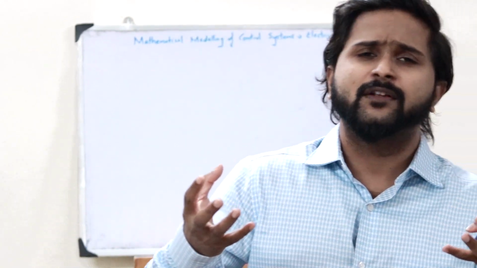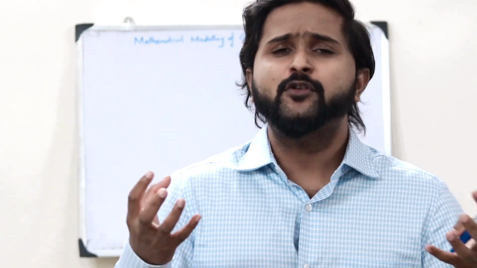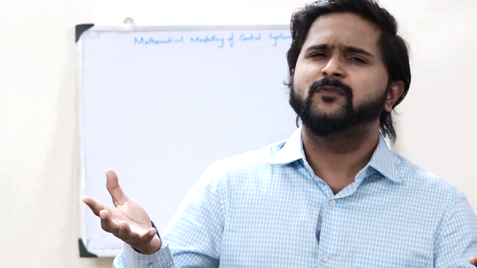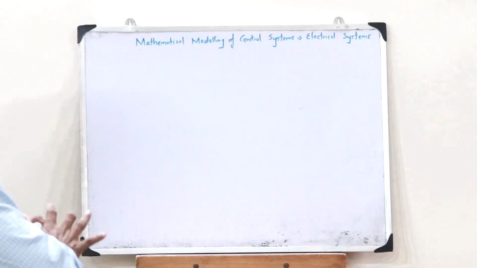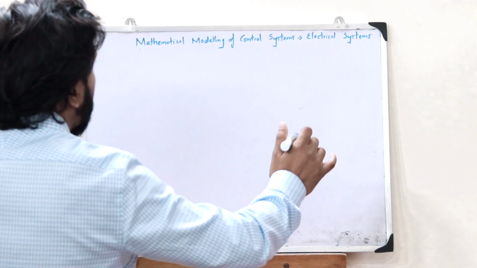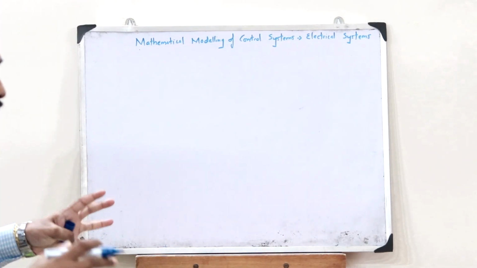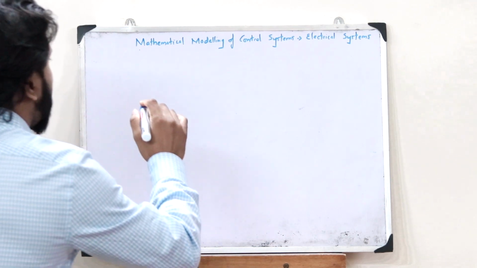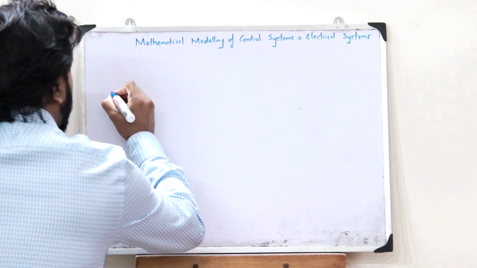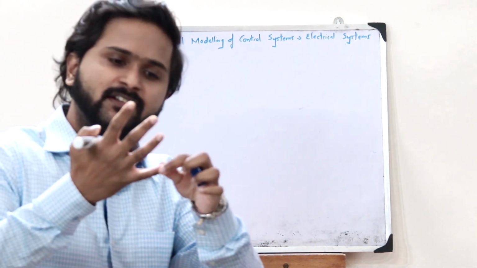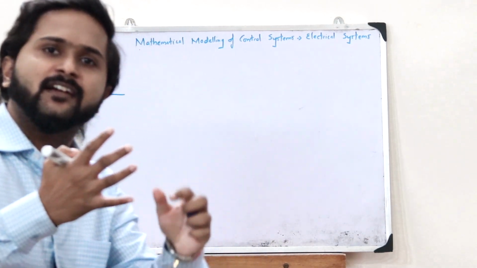So let us ask ourselves that obvious question: how do we create a mathematical model of control systems? Well, let's find out. So first, let us see how we can do the mathematical modeling of electrical control systems. For that, let us take a particular LCR circuit. An LCR circuit would contain three components: an inductor, a resistor, and a capacitor.